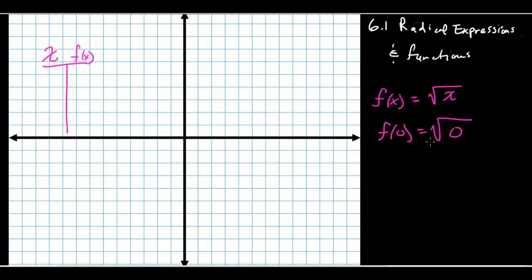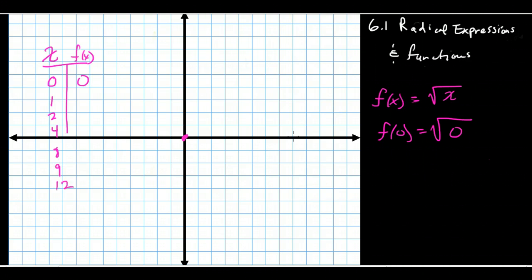So what is the square root of 0? If I put 0 in for x, what is the square root of 0? The square root of 0 is 0. So I know I have a point right at the origin. So my function f of x is equal to radical x will include the point 0, 0. So let's try some other replacement values: 2, 4, let's see, 8,